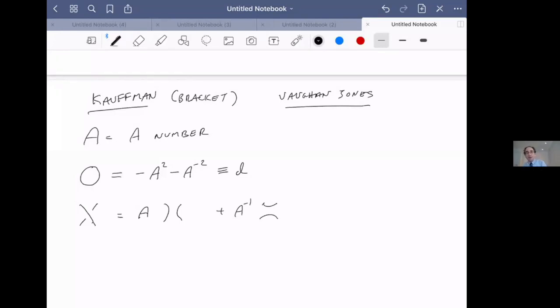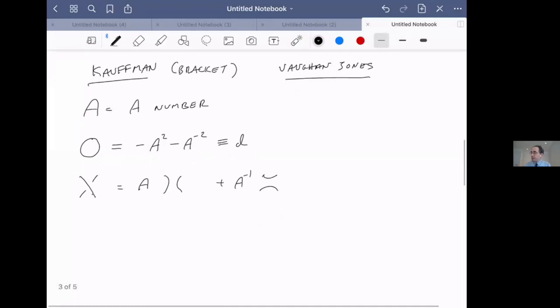So what am I doing here? What I'm doing here is I'm doing some sort of algebra with pictures. I'm taking a picture and I'm rewriting it as a sum of two pictures, and these pictures get coefficients out front. Now, if this is not clear, I'm going to do an example of it to make it clear in a moment, or hopefully make it a little bit more clear in a moment.